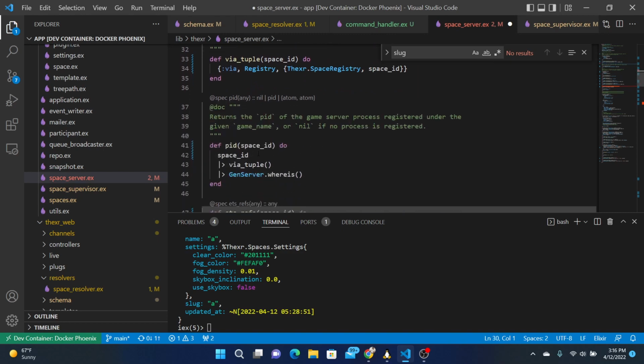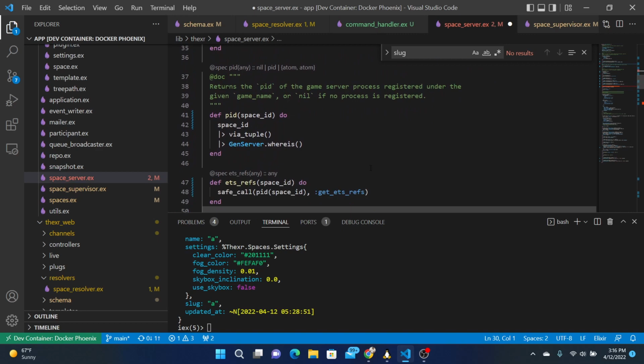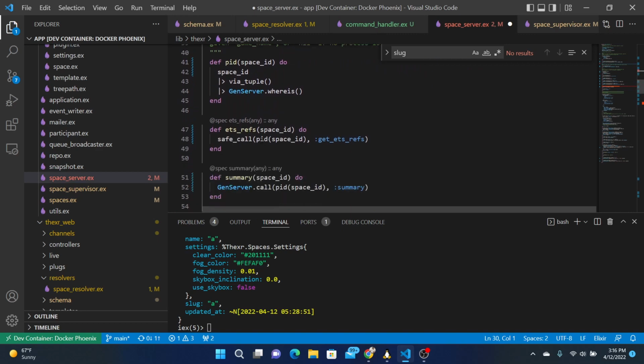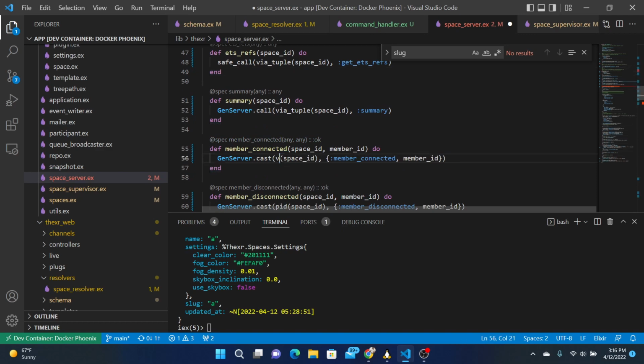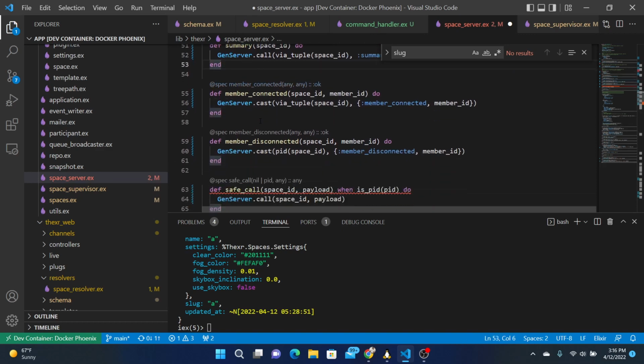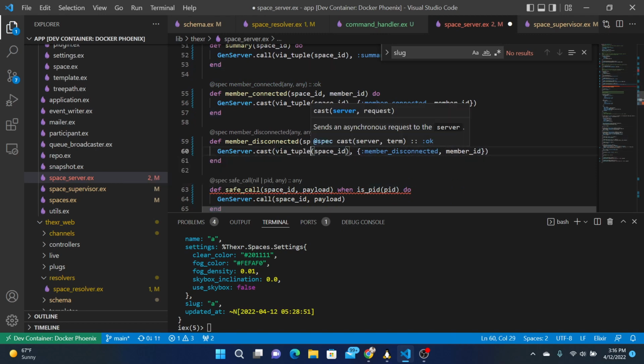Via tuple. PID is an extra utility. Here we can just do via tuple.